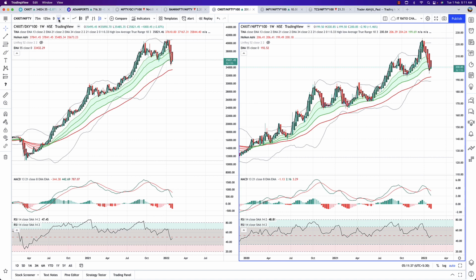So in both these cases, we can see that the IT index has generated sufficient evidence on the charts which suggests that this can lead to further weakness. And if that's the case, then which are the stocks that we should look for, we should avoid, or when the stocks hit their supports, we should buy? Before I take you to these 8 stocks,